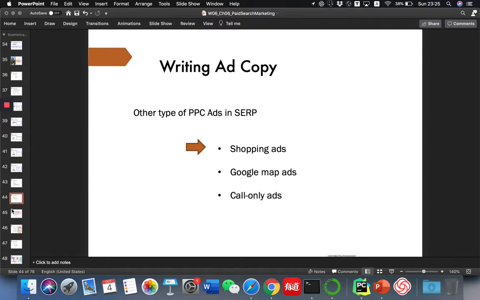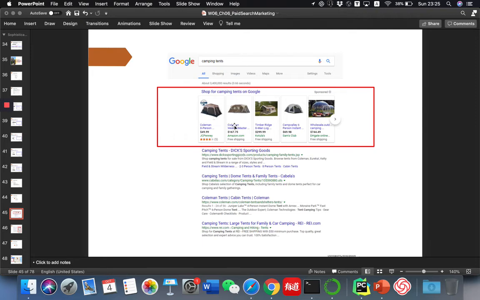There are some other types of PPC ads in SERP. PPC here means pay per click. Okay. Because it's paid search marketing, right? So it could be shopping ads, so here we can see if we use camping tents, the first result would be our shopping ads. Different marketers, different types of camping tents, and different prices, or different websites, and different ad extension, or description. Okay,